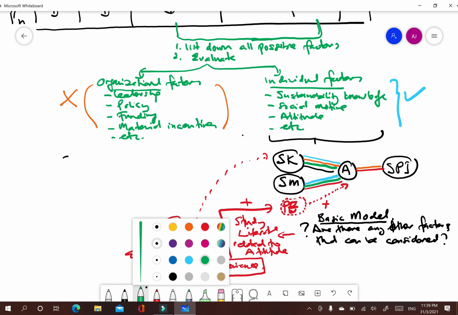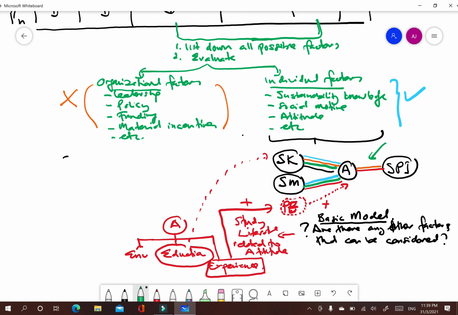So another question that you may ask is how consistent the attitude and involvement relationship is.